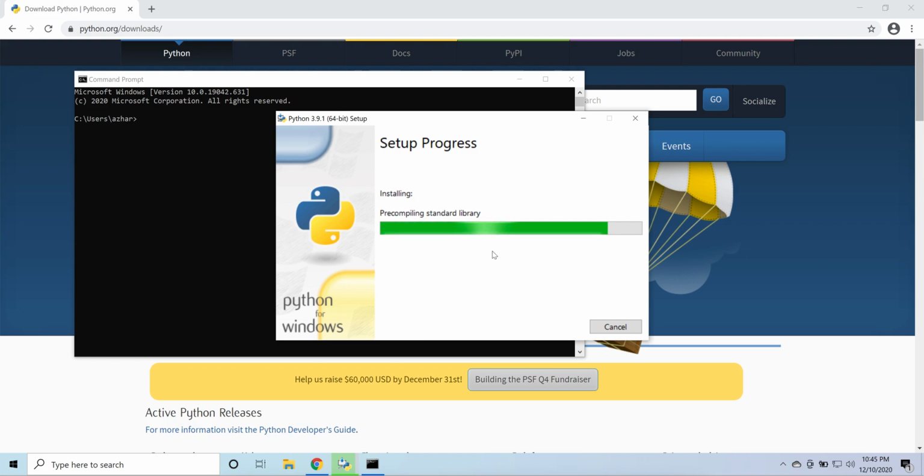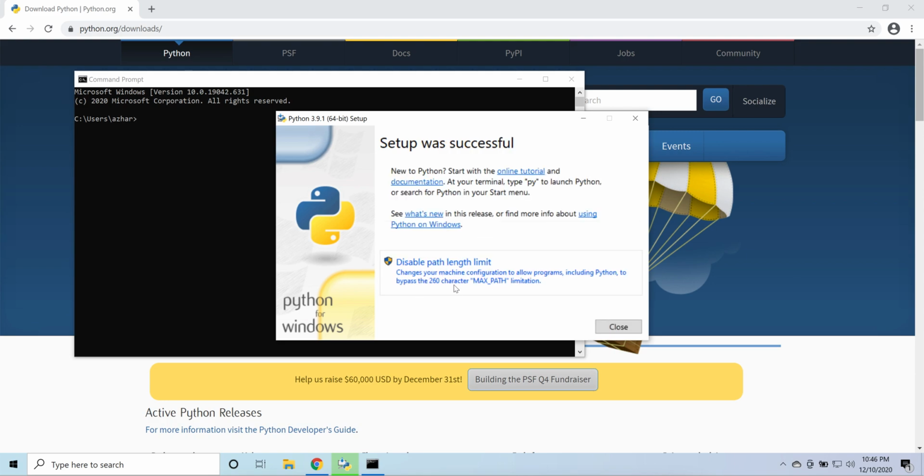First of all, let's complete this setup. Disable this path limit